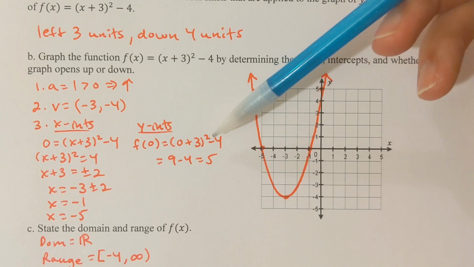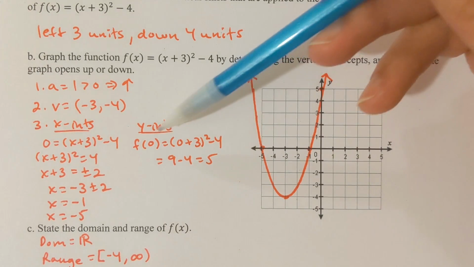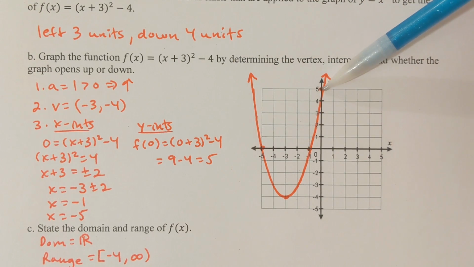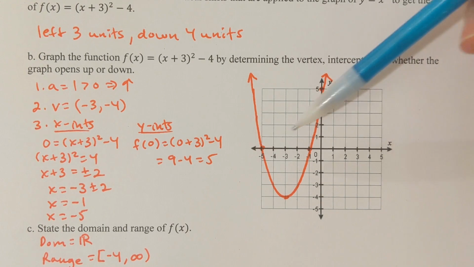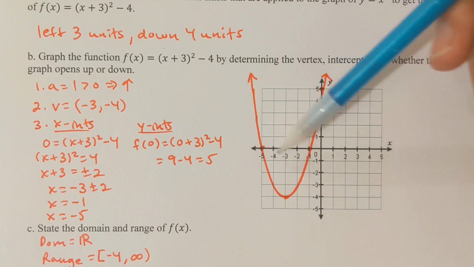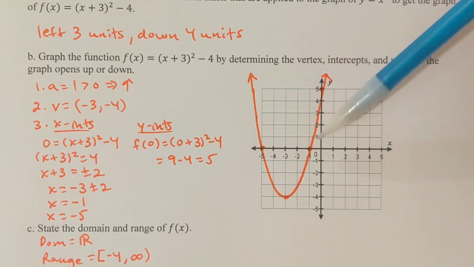3 squared is 9, minus 4 is 5. Okay, 0, 5, that would be this point right here. That would be where it crosses the y-axis. And now that I've got 4 points to work with here, the vertex and these 3 intercepts, I can then